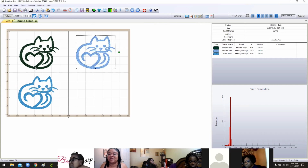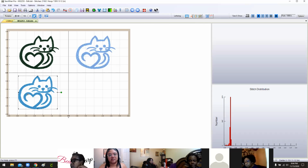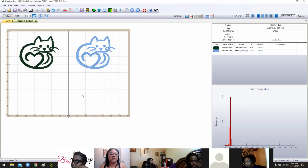It's not as difficult as it sounds, especially when you are going to have access to the replay. But programming is basically what we're going to end up doing. So I'm going to take away one cat so that we can have this space free down here for our lettering. Now, the first way you can add lettering,